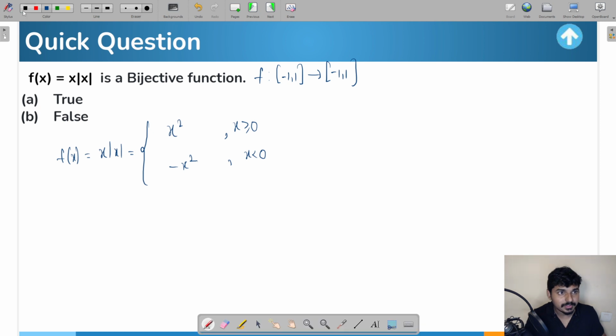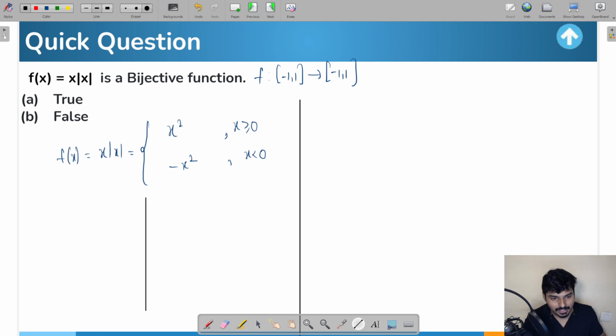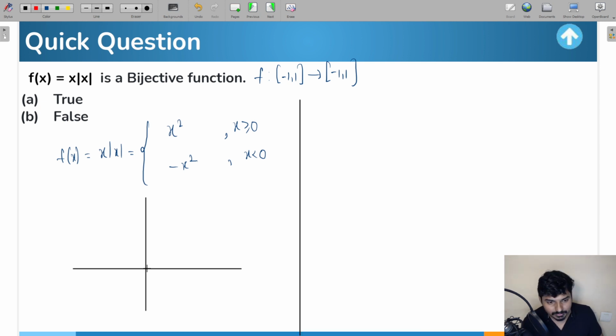So from here, if you draw the diagram, this is how the graph is going to look, guys. You see here, everyone. So from here, y is equal to x square. This is the graph you're going to get for y is equal to x square. And I'm only drawing it for x greater than or equal to 0, because for x less than 0 you have to draw the graph of y equal to minus x square, which is going to look something like this, right?